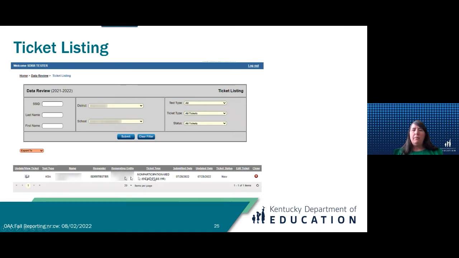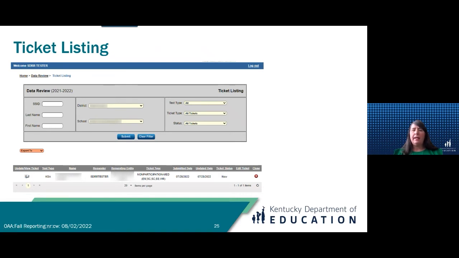Because remember, and if you're new, you won't remember this from spring rosters, for KSA and alternate KSA, you could do those non-participations by content area. And that's only for those two assessments.